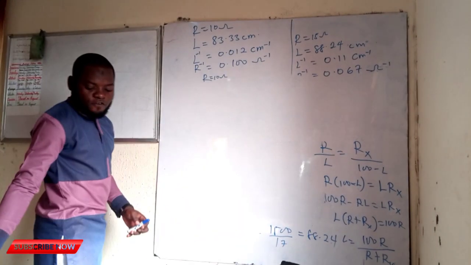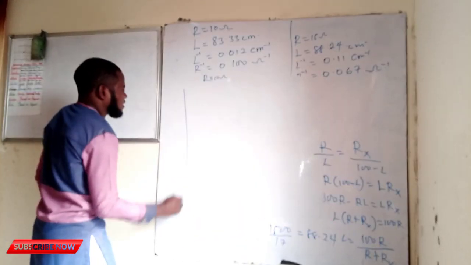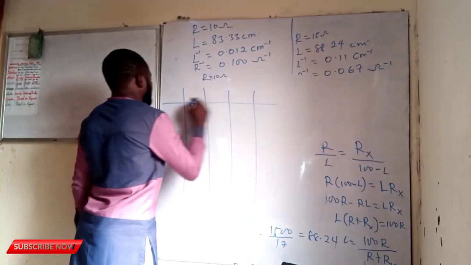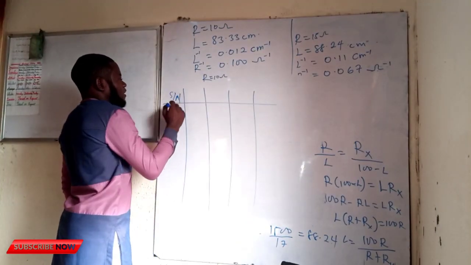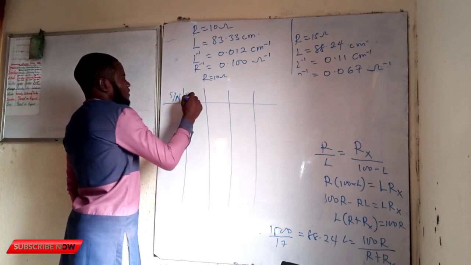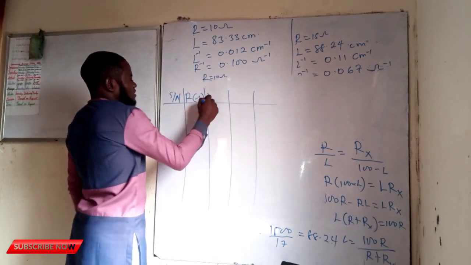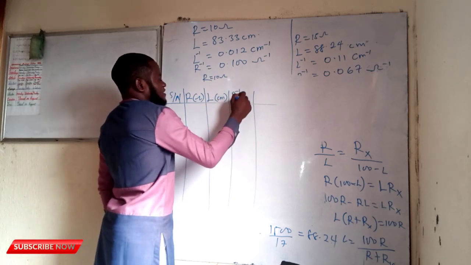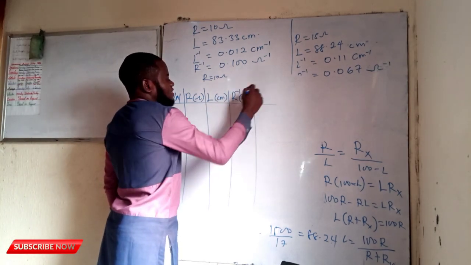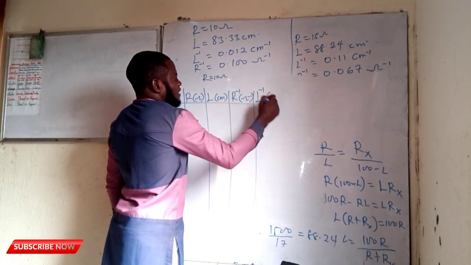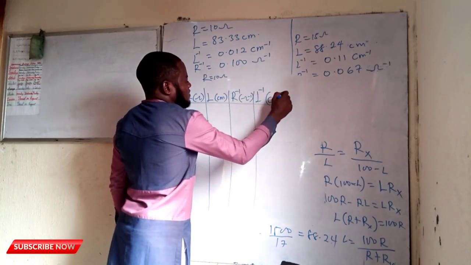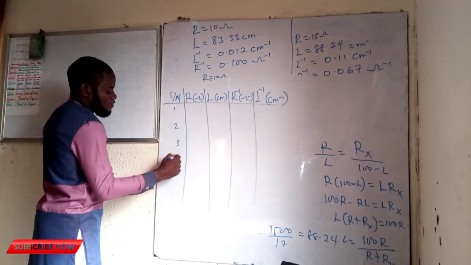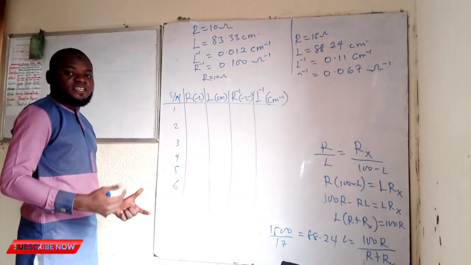So if you apply the formula, our table is going to be this. You can just try that on your own. This is the serial number, and this is the resistance in ohms. This is the balancing point in centimeter. This is going to be resistance inverse in ohms inverse. Then this is the balancing point inverse in centimeter inverse. So this is going to be 1, 2, 3, 4, 5, 6 because we have to repeat the experiment